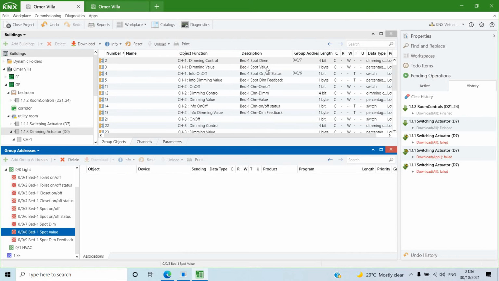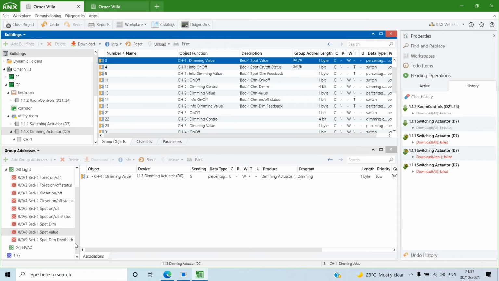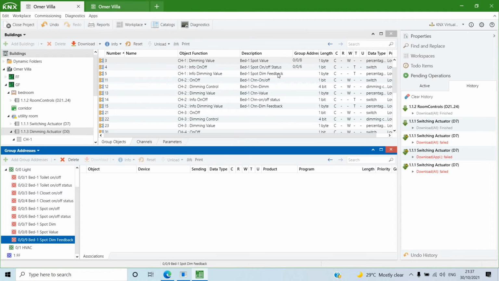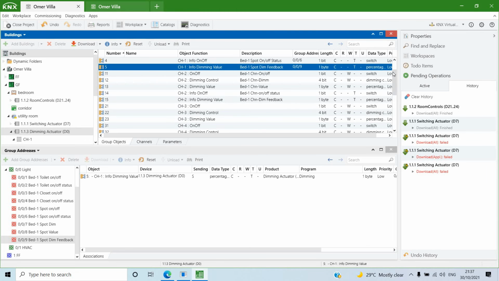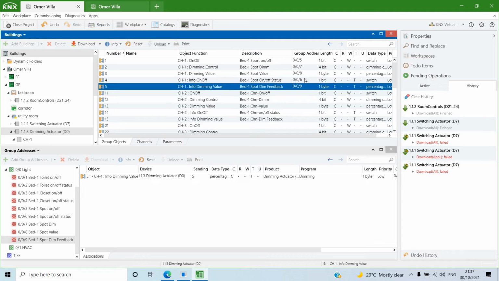Value is a 1 byte, which is channel 1 value. Just drag it. You have the feedback, which is the feedback here, the description. So you see here the group address has been selected, and the description is there. Later on in the telegram you'll have a complete